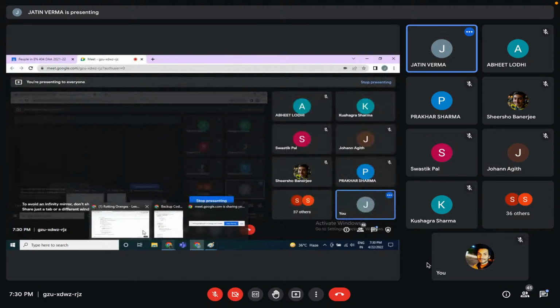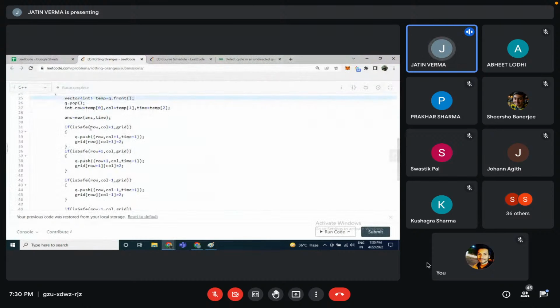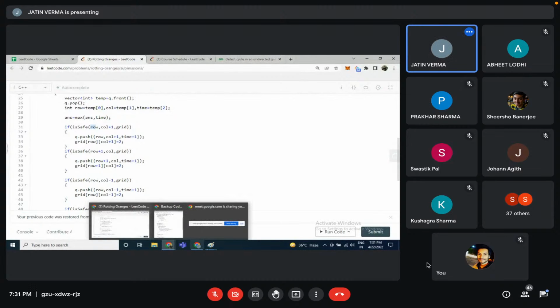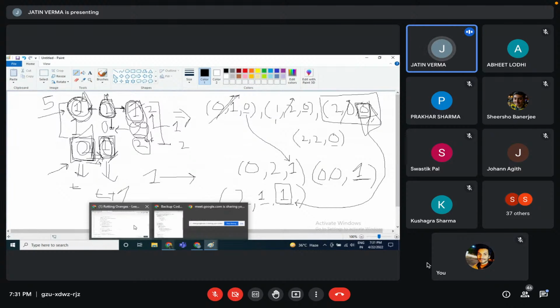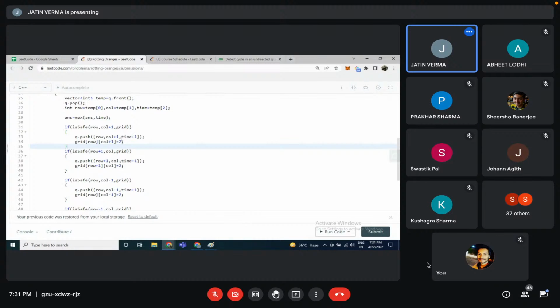ये टाइम है वहां पर। अब मैं क्या करता हूँ, अब मैं चेक करूंगा कि भाई अब वो 4 डायरेक्शन में देखेगा, तो 4 डायरेक्शन में करंट रो में कॉलम +1, मतलब कि इस डायरेक्शन में कॉलम +1 हो गया, रो वही है। तो उसको यहाँ पर सपोज करो 1 मिल गया, तो हम क्या करेंगे, यहाँ पर टाइम +1 के साथ पुश कर देंगे। एक तो वो इंडेक्स और टाइम +1, मतलब अब यहाँ पे 6 पास हो जाएगा। और उस ग्रिड में हम 2 कर देंगे, क्योंकि अब वो जो ऑरेंज है वो रॉट हो चुका।